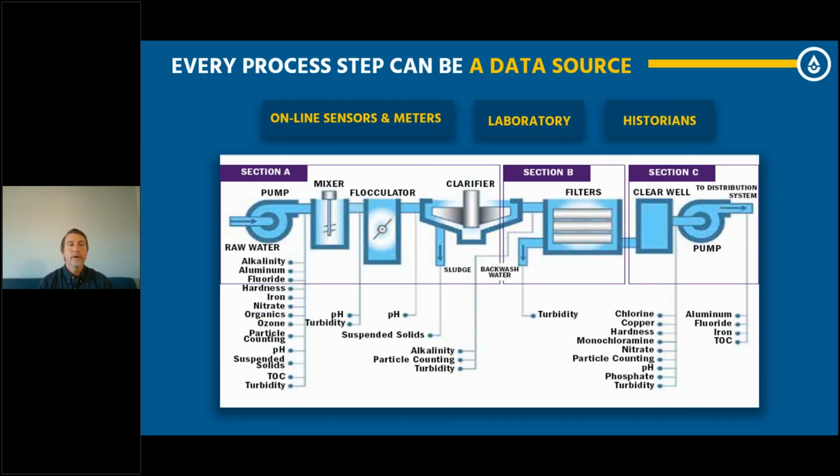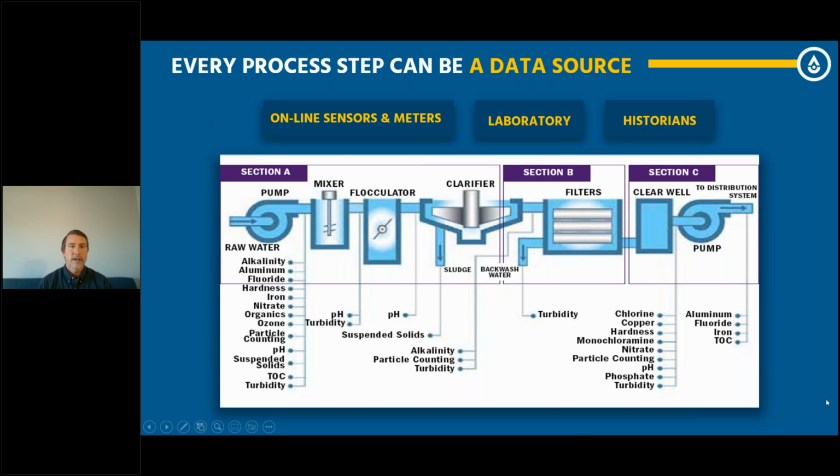And here's where, back to the operators and what they see every day and what they know every day, there are so many data points that a plant could have with an online sensor. Maybe it's just something they do once a month or once a quarter as a regulatory thing. Maybe it's something they do every day because it's process critical. There are so many data points within a plant that can be captured. And it's not always an analytical sensor. Maybe it's just a tank level or a flow meter or an observation of something that needs to be recorded.